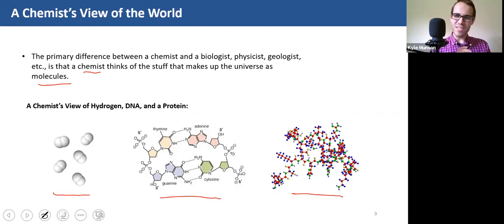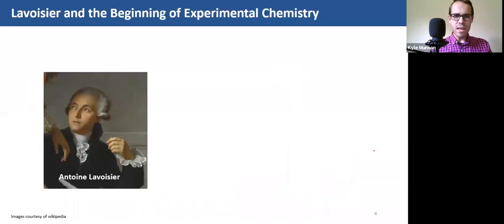We're going to think in terms of molecules or substances that are coming together. And the question then becomes, how did we get here? Okay, how did the thinking throughout history get to this point? And I like the history of science, so I think that's a pretty interesting question to try to understand. And really, the beginning of experimental chemistry started with this guy, Antoine Lavoisier. And if anybody is French, I'm probably pronouncing his name really poorly, but that's my best job at it.